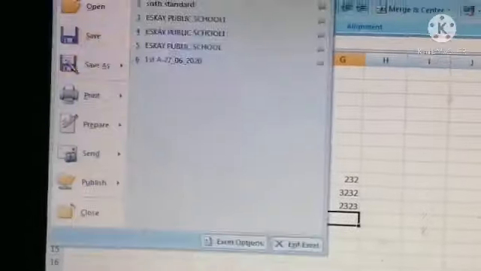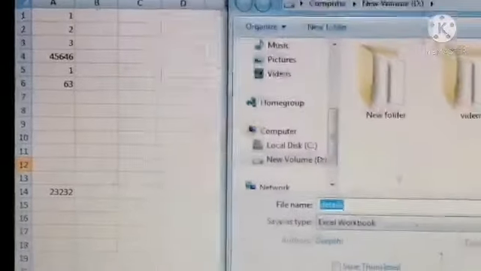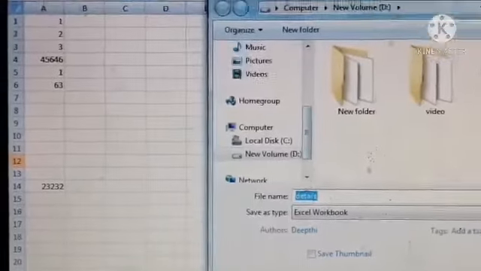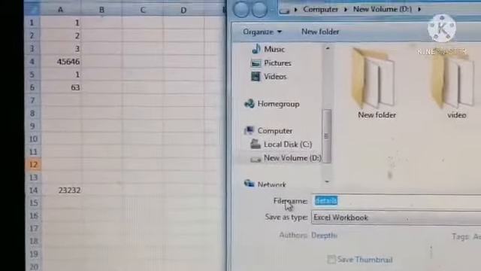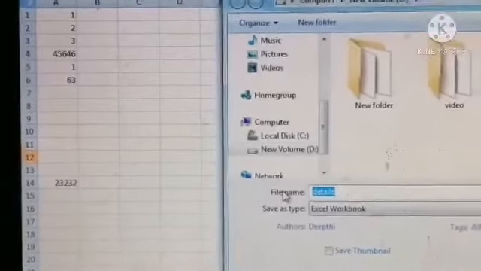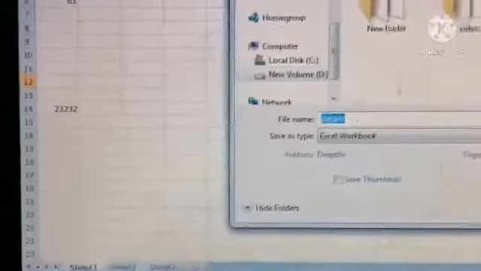No need to click save as because the file name is already given. If we want to change the file name details to another name, then only we have to press file, save as.